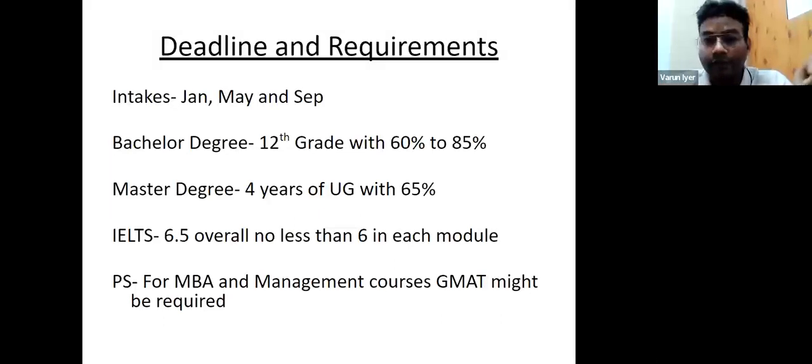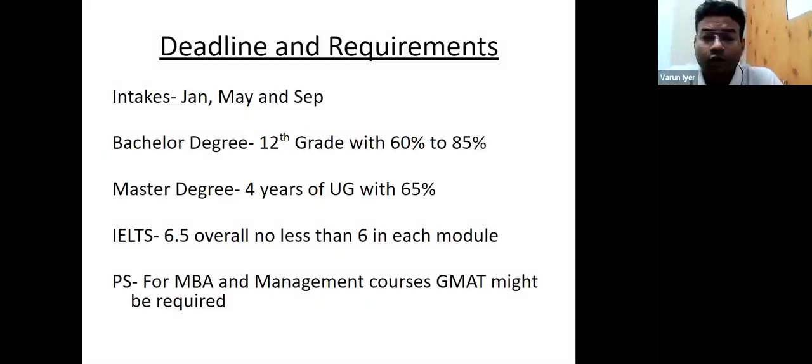How will your aggregate be calculated? The university in Canada will take your 3 years of bachelor's on one hand, and your 2 years of master's on the other hand. They will take out the aggregate of your bachelor's and master's and then take the average of both. That should be 65% minimum as per the Indian system in order to get admission in the master's degree program.